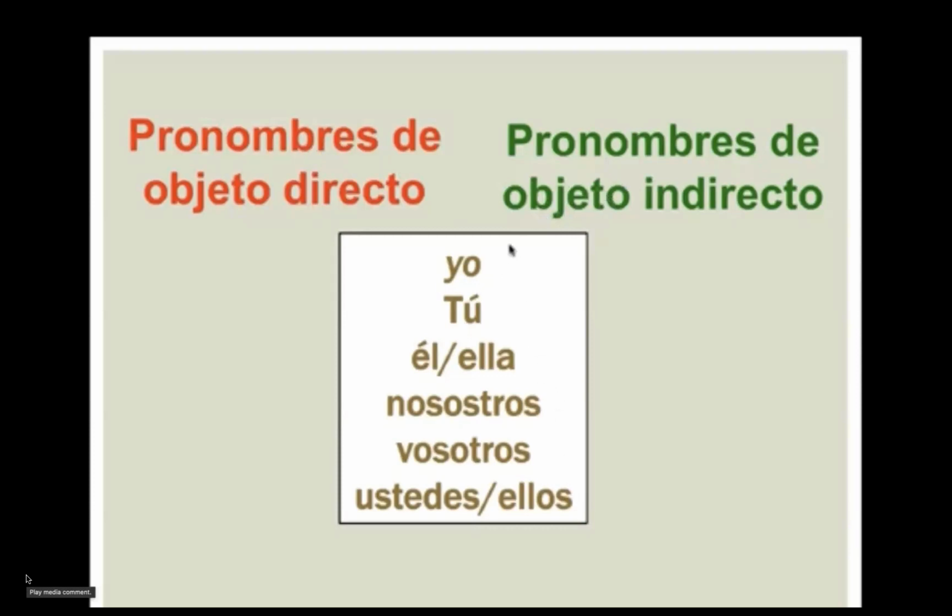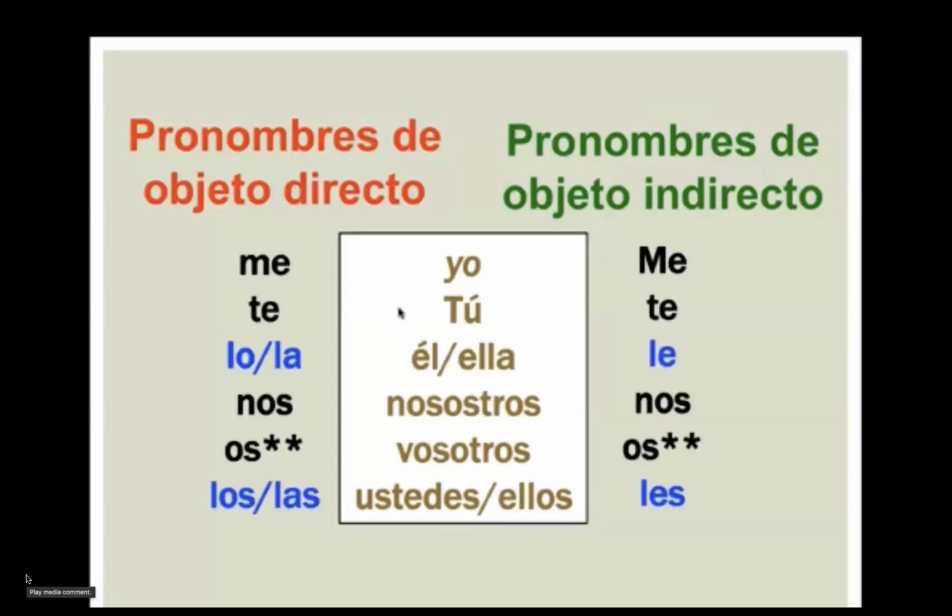For all the cases, all the personal pronouns, yo, tú, él o ella, which will be the singular third form, nosotros, vosotros, used in Spain, ustedes, and ellos, the plural third form. In this way, we have me in both cases for yo, te in both cases for tú, lo or la